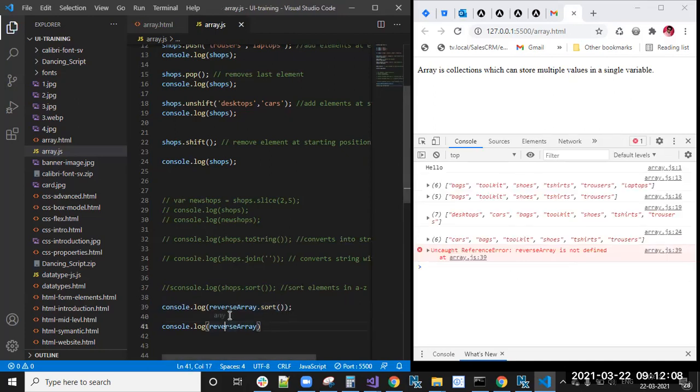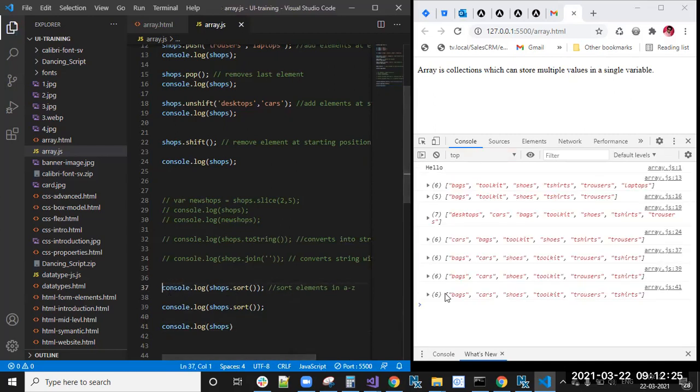That's enough. Simple, right? Shops.sort means here B, C you will get, and shops.reverse, t-shirts, trousers you will get.